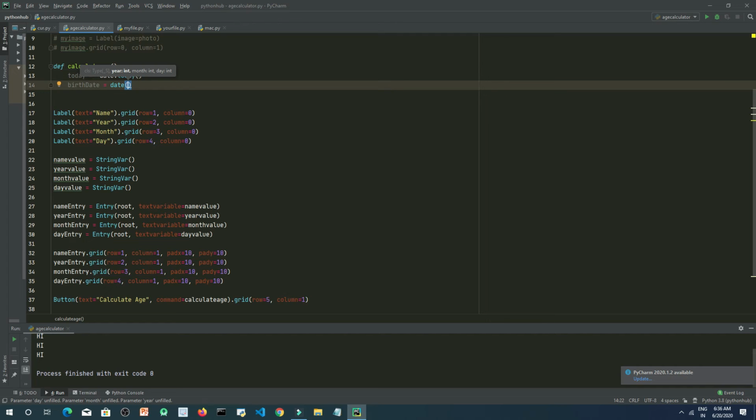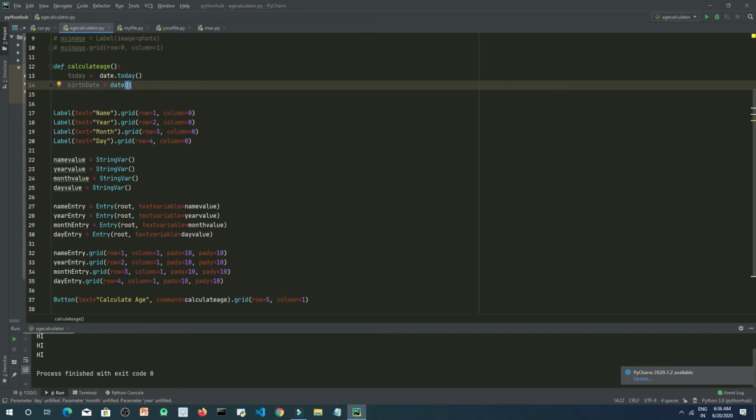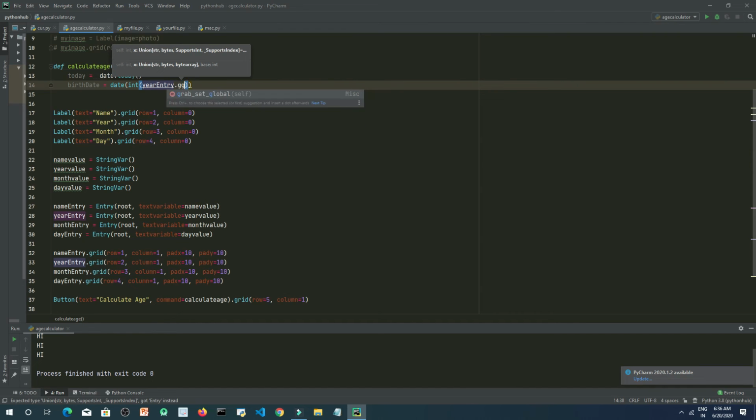Okay, and we have actually declared it of type string, right, as you can see here. So we will convert it into int type. Okay, int, this is implicit. We are doing an implicit conversion here. So what we need to take is the year entry, right, and we can take it using the dot get method, which is used to get any value entered by the user inside an entry widget, right.